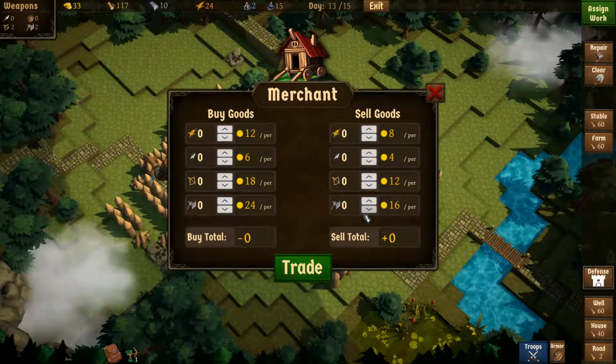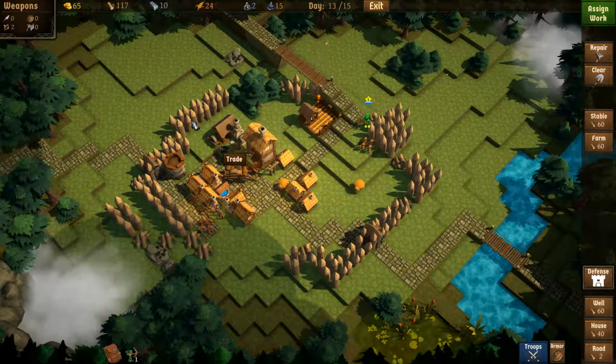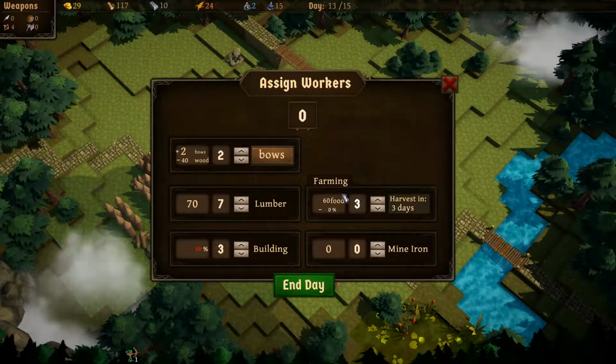Let's actually get rid of our axes because we're not going to use them. So we'll sell our axes for 32 gold. Yep. And whoops, I forgot to buy bows. Let's buy bows for 36. I lost 4 in that process. Okay. And we will hire...